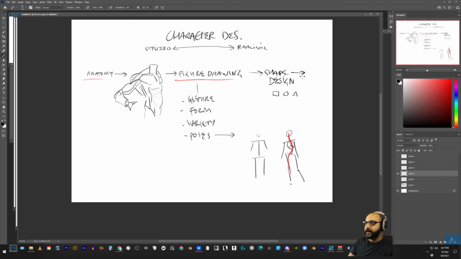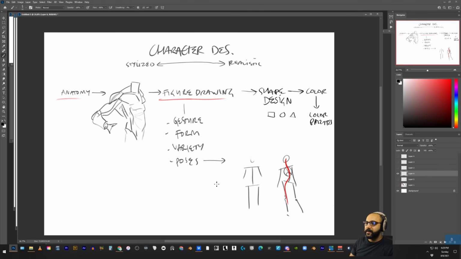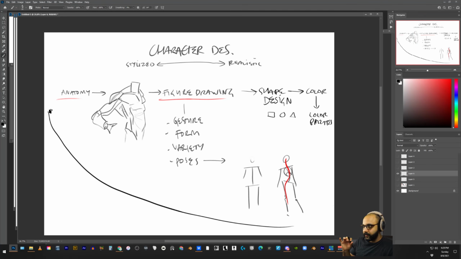And from there, you need to study color, right? So color, we went over that in this class, color palettes. I don't know how to spell palette. And so I'd say that this is the foundation of where to start, because from here I would